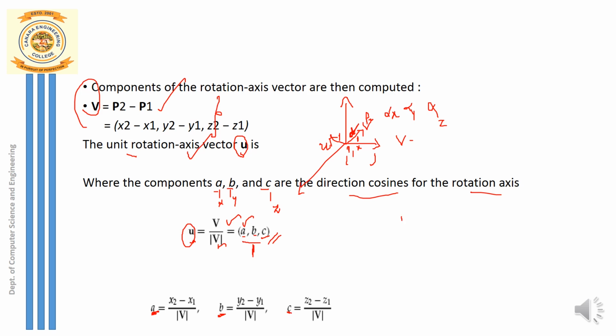So if I consider any vector, the vector has a magnitude and a direction. When I say magnitude, you can call it the length of the vector. And every vector has its own scalar components, right? So what are the scalar components of the vector? It has a component along x, given by a, a component along y, given by b, and a component along z axis, given by c. That scalar component can be defined in terms of 2 points, x2 minus x1 divided by v, the length or magnitude of the vector, and b in the same way. So these are the basics of the vector.